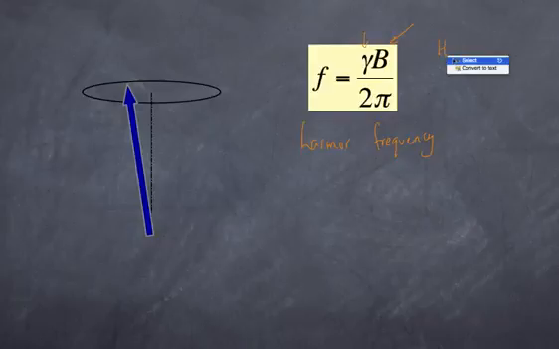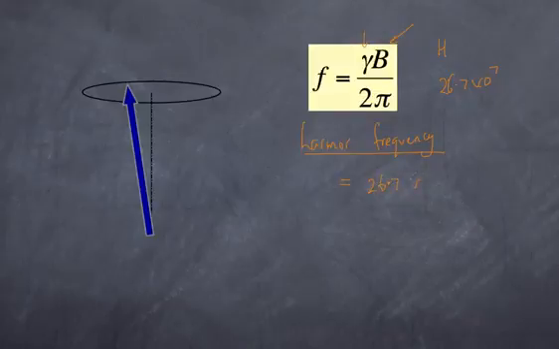And in terms of hydrogen, that value ends up being 26.7 by 10 to the power of 7. So that's unique to hydrogen. And of course 2 pi is a constant. So if you were to place a hydrogen atom in a magnetic field strength of 1 Tesla, you can then calculate the Larmor frequency, that is the frequency at which this precesses. To do that, you just need to know the gyromagnetic ratio,